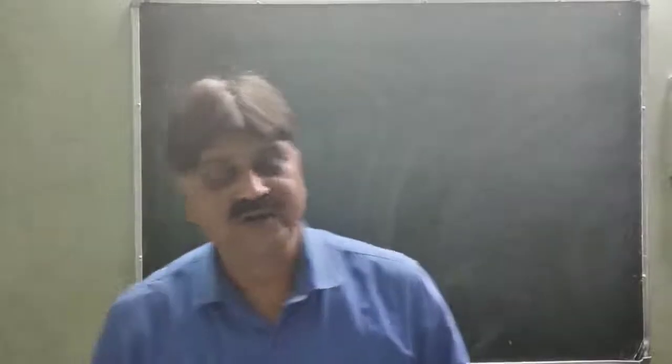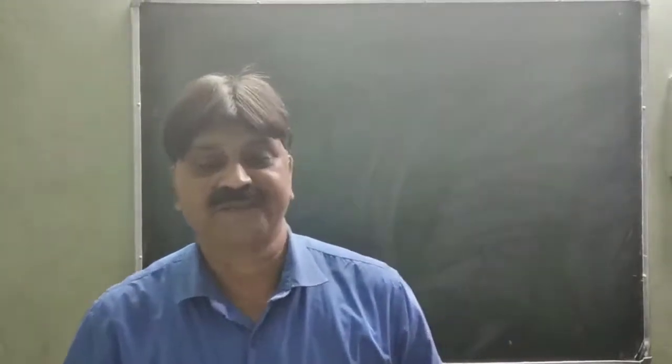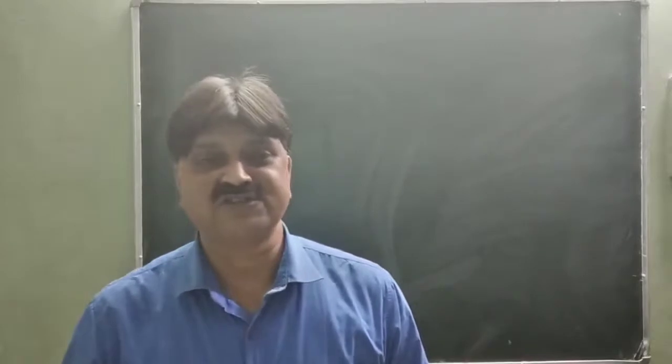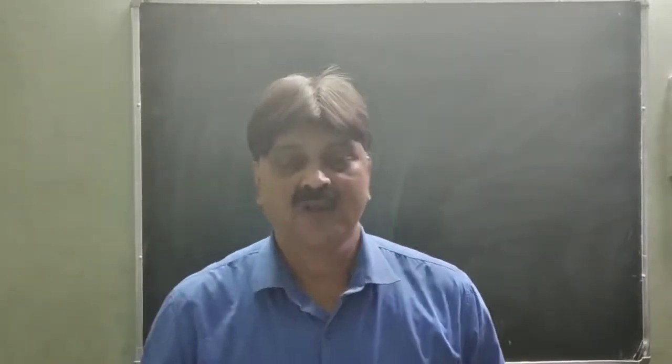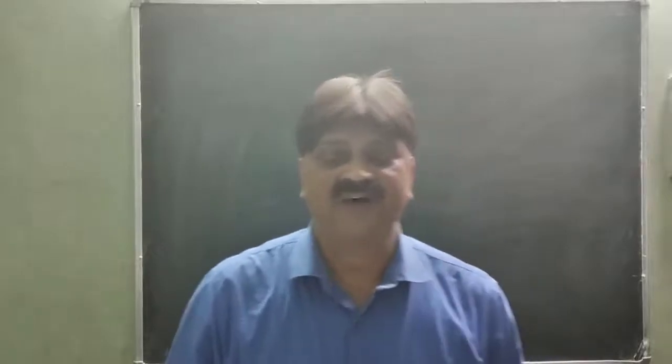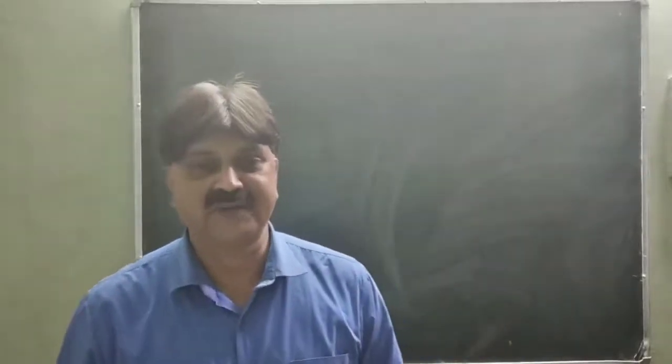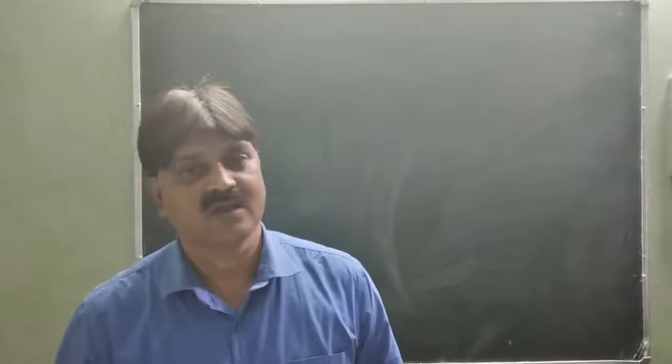Good morning, students, and we are discussing the same chapter, chemical bonding. In the last video, we discussed the Octet-Lewis approach and the formation of the covalent bond through the Lewis dot structure. Today we will discuss the formal charge as well as the limitations of the octet rule.